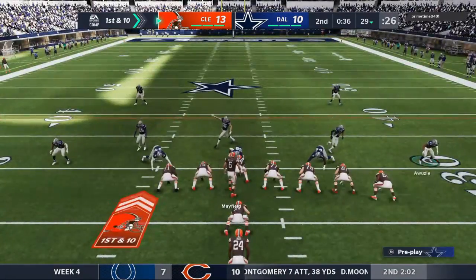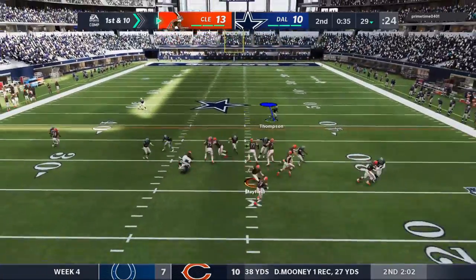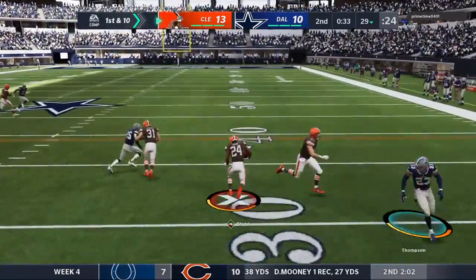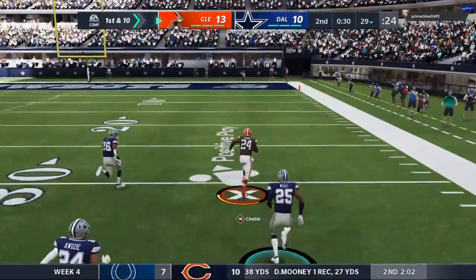You're under a minute to go here in the half. Field position not really in your favor, but still time to try and move the ball and get in field goal range. Yeah, you got the lead. It's definitely a thought. Let's go ahead and try and increase it. But at the same time...